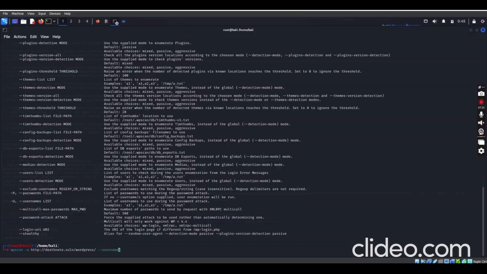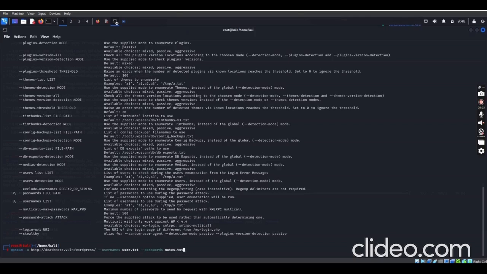Providing it with the user text file, user.txt. And I'll provide it with the password, the password list, because the password we suspect is in notes.txt.